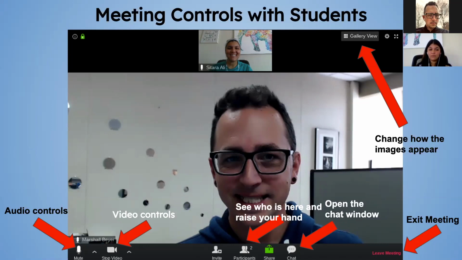To piggyback on Satara talking about posting Zoom pictures on social media, we want to make sure that if we are posting those pictures, like in this screenshot right here, you can see Satara's name. We want to make sure that we're protecting our students' privacy and their digital footprint. So if we do post anything on social media, we want to take that extra layer of security and either blur out their face or definitely black out the name, so there isn't personal identifiable information connecting them when they're posting things online.